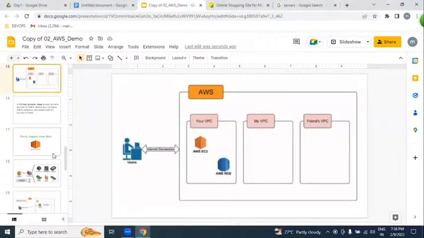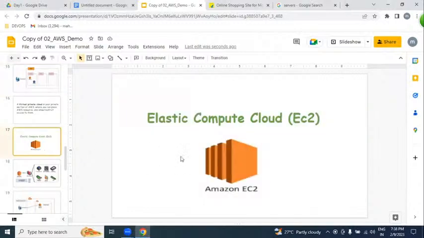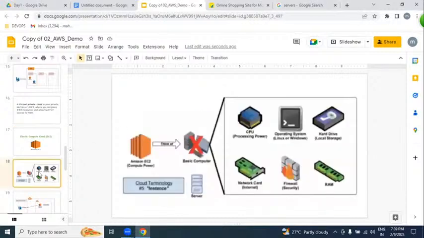After creating a network, we are going to create servers using EC2, Elastic Compute Cloud. With EC2, we can create a server, which has the same components available in your laptop. But a laptop is just for home purposes, while a server is for deploying our applications.